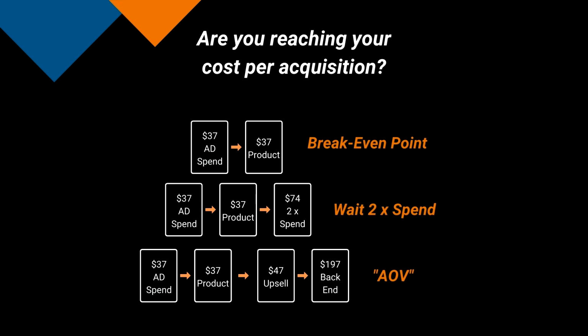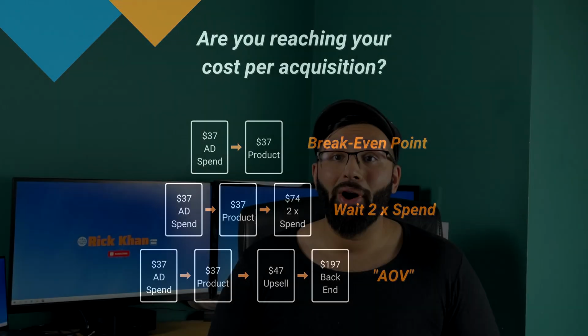Now, here's something that you might not expect here, because what I actually recommend is that you wait to spend up to 2 times the CPA or AOV value. So again, with the example before, if you have the $37, you would wait for at least $74 before you make a decision. But anything beyond that, then you can stop the campaign.